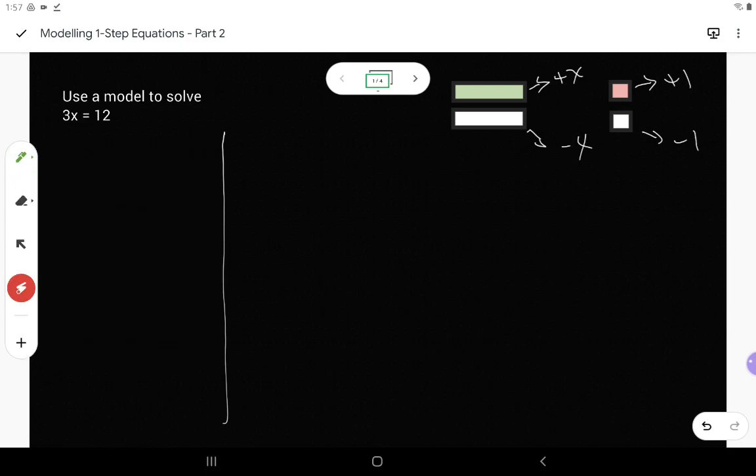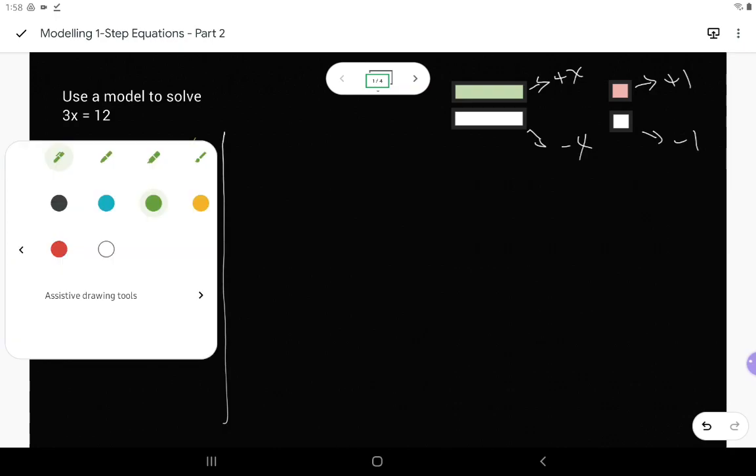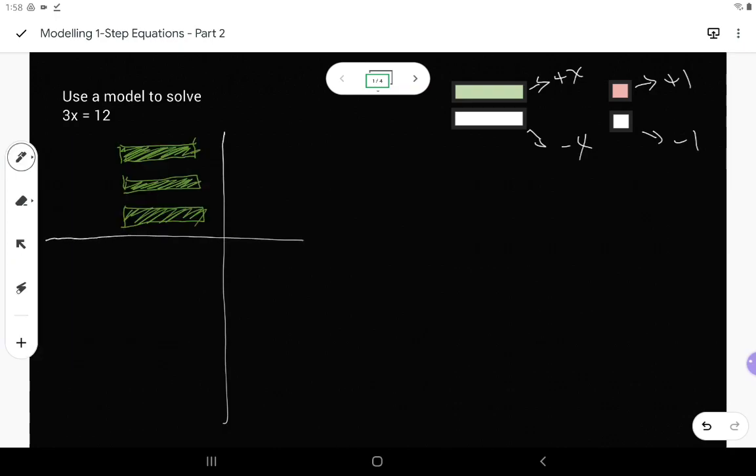Whenever I have more than one x going on, so now that I have 3 of them, I'm going to draw my 3 x's and put them horizontally like this in 3 neat rows. Just putting them in rows makes it really simple for us to lay this out easily. So I've got my 3 x's on the left-hand side,